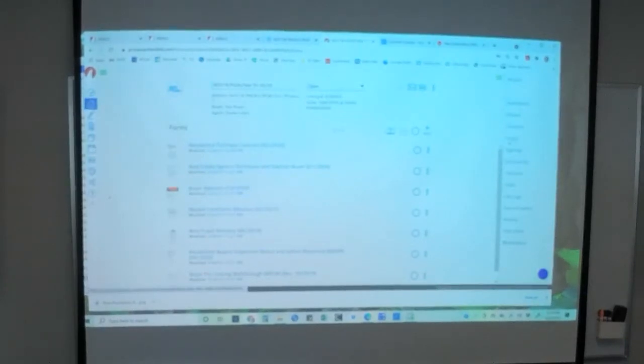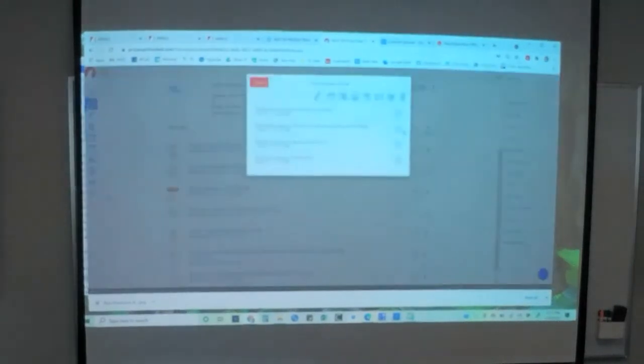So I'm in the forms section. I want to send purchase contract, agency disclosure, market conditions advisory, and wire fraud advisory for signature. You click everything that you want to send for signature, go to this basket, and click on the pen. Wherever you're at in TransactionDesk, this pen is taking you to the signing system. Okay, so we're going to put